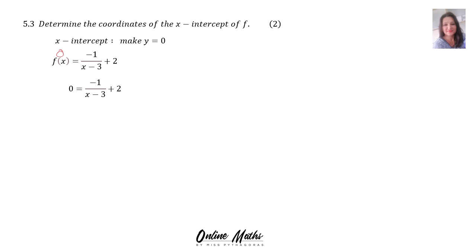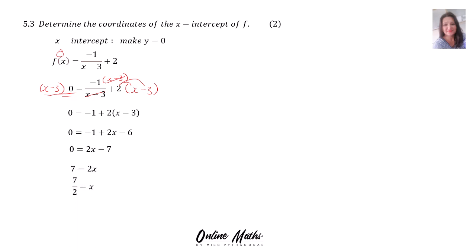Remember, this x is under the line, so in fact what you do is you're going to multiply every term by x minus 3. And what happens there, anything times 0 is 0, and x minus 3 will cancel, and you are left with this 2 that you have to use the distributive property of multiplication on, where you're going to multiply that in. That's what happened there. When you multiply everything in, you get x is 7 over 2,